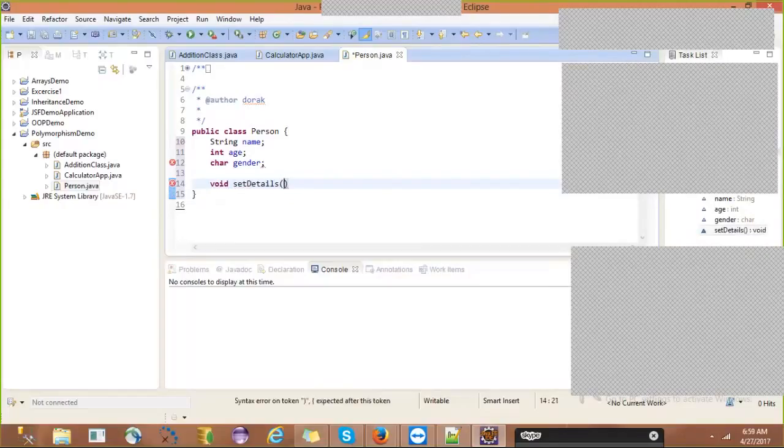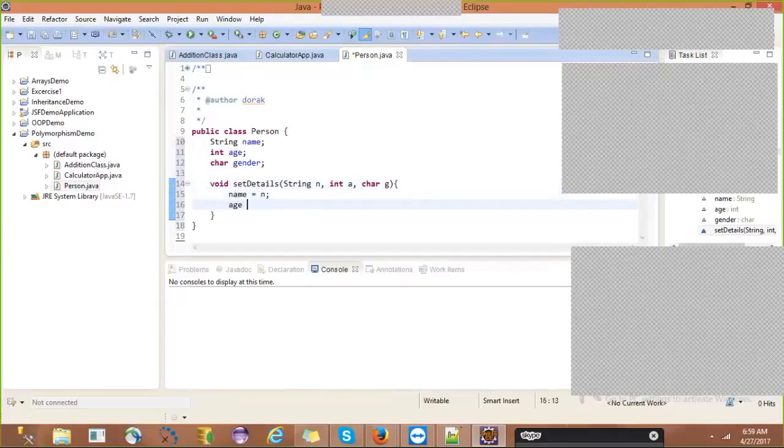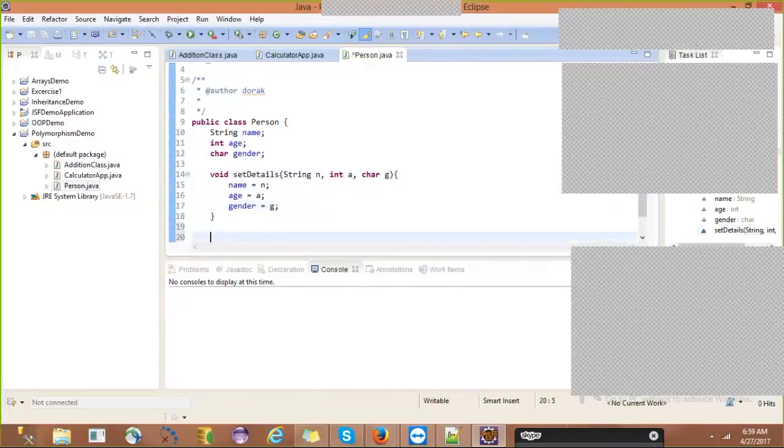And what are the parameters I should write? String n, int a, char g, and the code is name equals n, age equals a, gender equals g. Like this we can have. And what is the other method that we can have? Get person details we need to write, right?